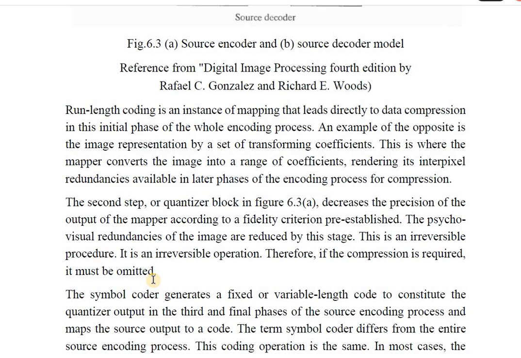As I told you earlier, the quantizer block will typically try to reduce the psychovisual redundancies of the image. It is an irreversible operation. If you want lossless compression, what is the meaning of lossless compression?